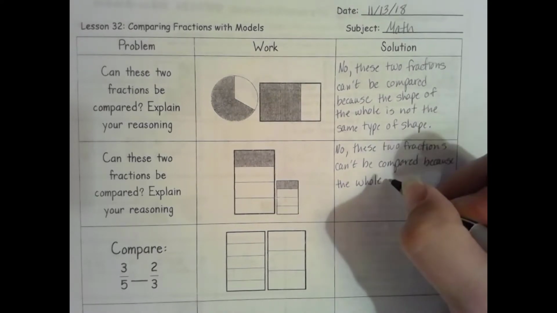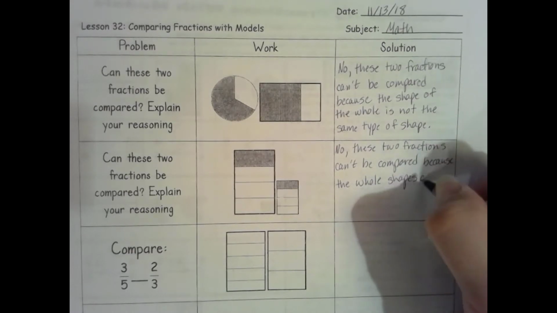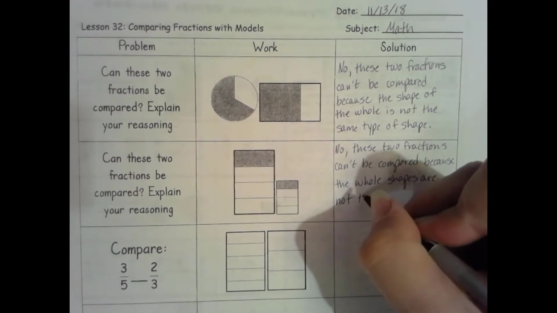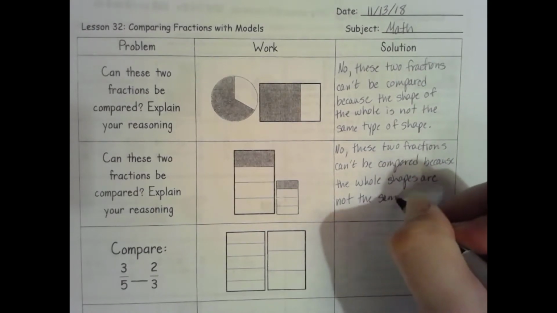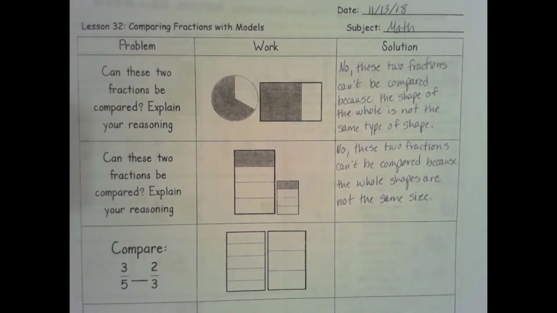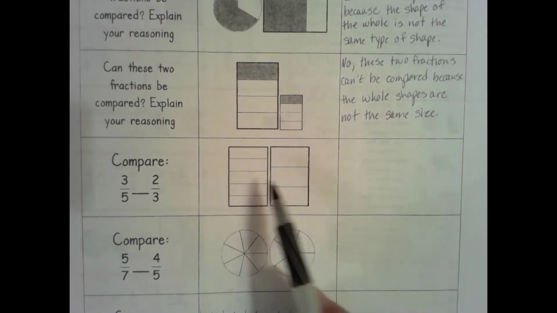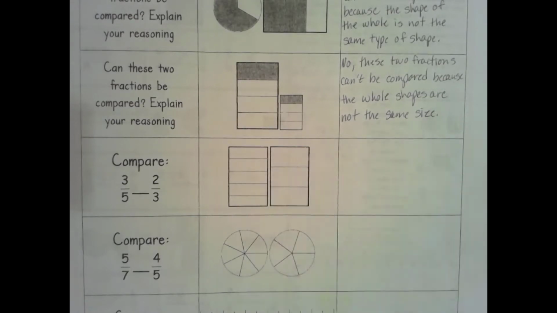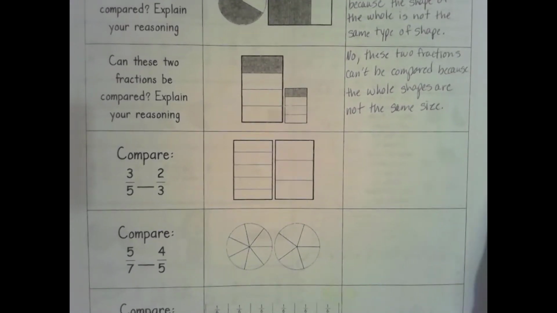They're the same shape, but they're not the same size. So they have to be the same size, same shape. So here we have two where the whole rectangle, they're both rectangles, they're the same shape and they're the same size. So we want to compare